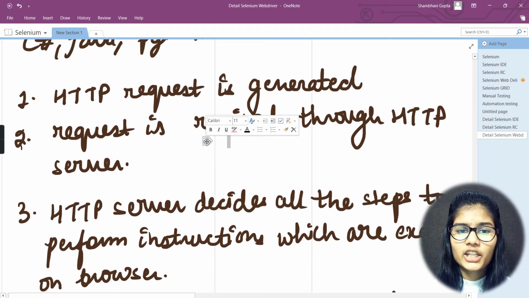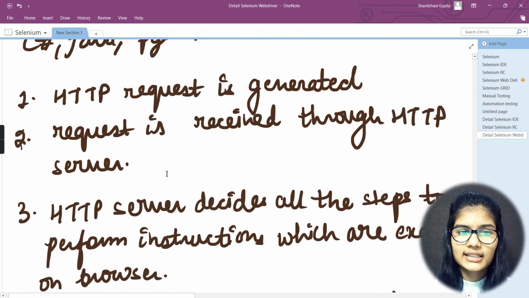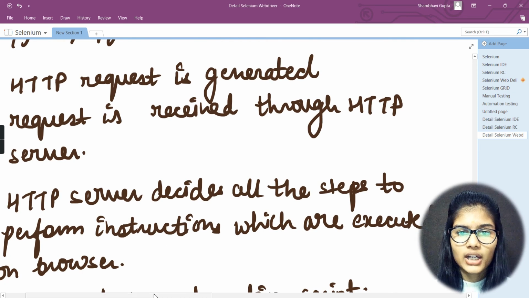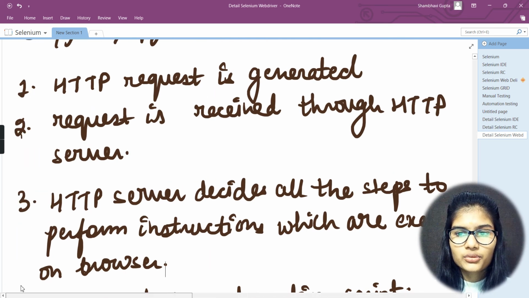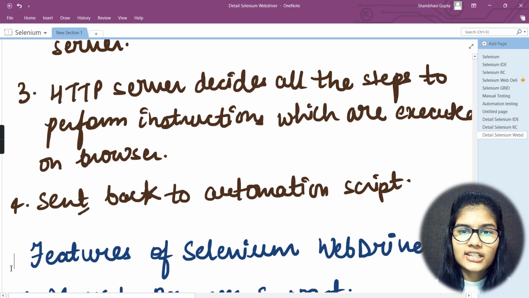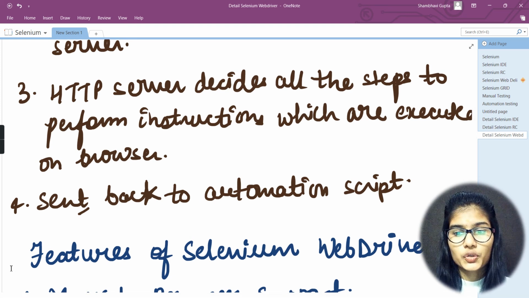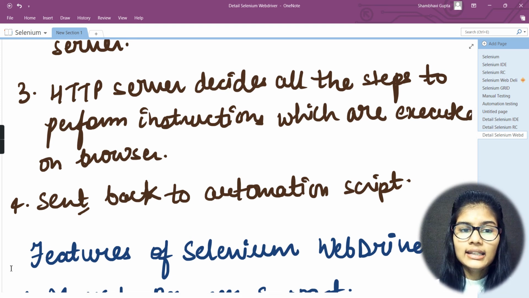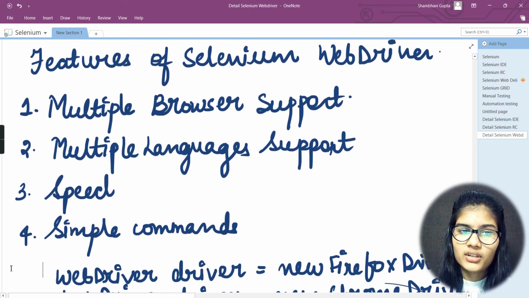First, an HTTP request is generated. Next, the request is received through the HTTP server. Then the HTTP server decides all the steps to be performed, the instructions are executed on the browser, and the result is sent back to the automation script.